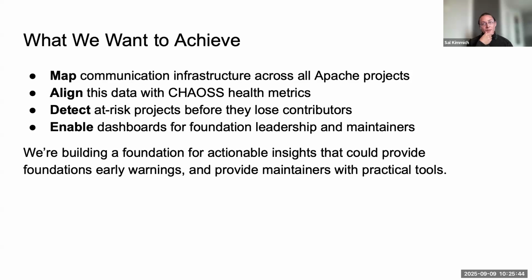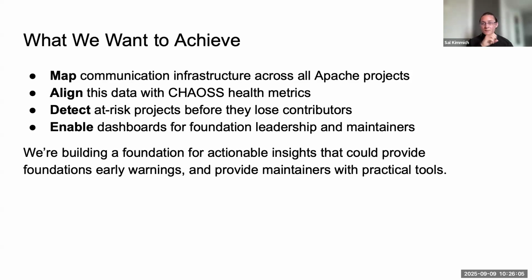So what we really want to achieve on the broadest scale here is to be able to map communication infrastructure to, specifically right now, the Apache Software Foundation projects, because this is the most challenging data set to get it from. Once we have that, an alignment with CHAOSS health metrics, then